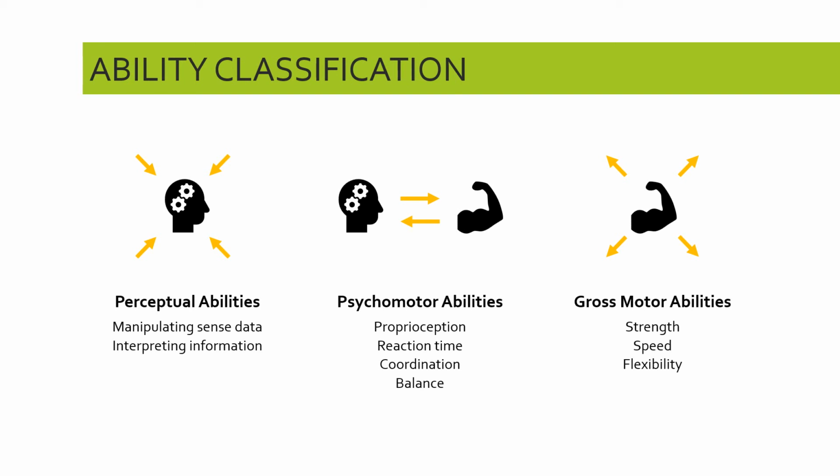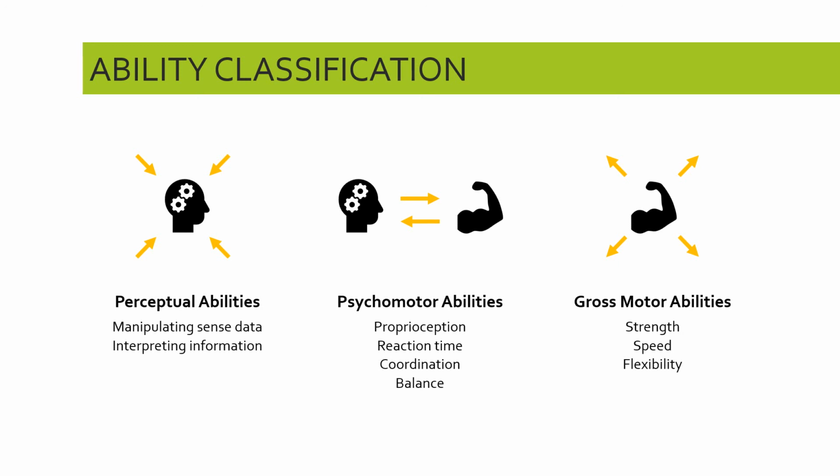And whereas an observer can't necessarily see the first two categories of ability, they can't see you perceiving something, they can't see you perceiving the flight of a ball, nor can they see the electrical impulses flying back and forth along your neurons from brain to muscle and back again. But they can see the speed of your movement. They can see your arm speed when you swing the racket head to meet your opponent's serve. Or they can see your arm speed when you throw a ball from the boundary and it reaches the stumps. Maybe they might see your leg strength when you're in the middle of a driving maul. Maybe they might be able to see your leg power exploding out of the blocks.